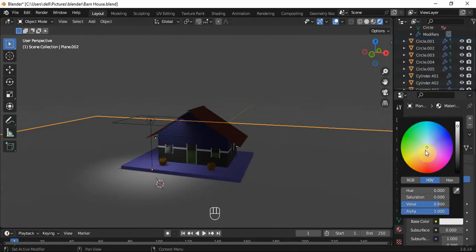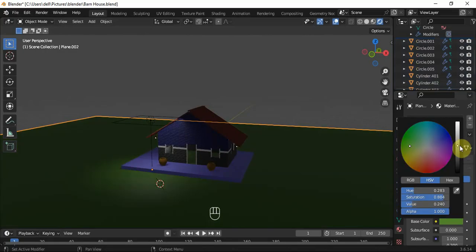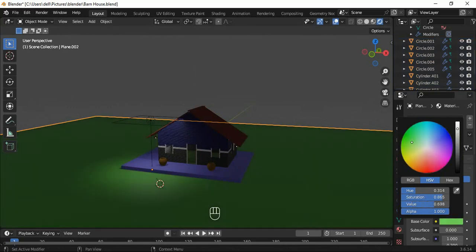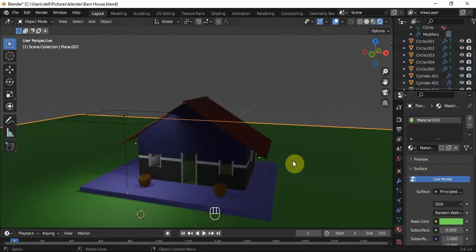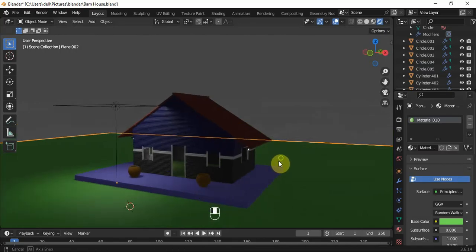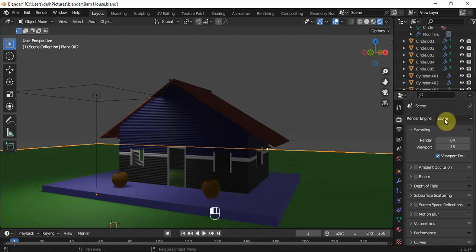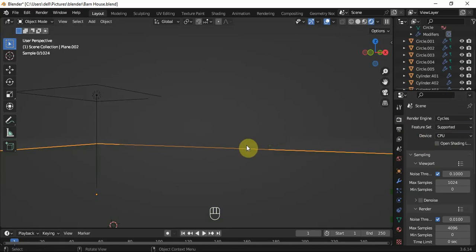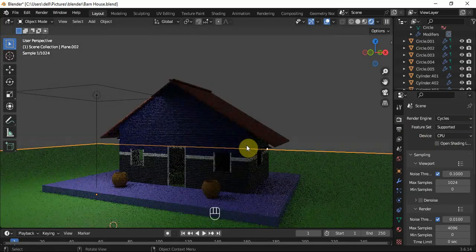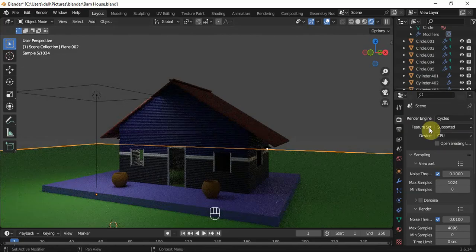What color? Now, so now if I go to my Cycles, you will see what we are saying here. Cycles. You see the beauty of what we have done. You can see how beautiful it is. Let me go back to my